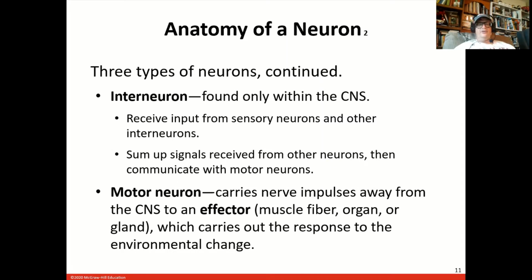Yeah, we've got that. Interneurons are just in the central nervous system. They receive input from sensory neurons, other neurons, sum up signals from others, then communicate with motor neurons. That's not real clear. I'll make it simple. Sometimes you'll get a signal and you won't respond to it. The interneuron might say, oh yeah, I noticed the signal from you, but I might need 2 or 3 or 4 different sensory neurons that feed in before I'm like, okay, that's a big enough problem. I've got to deal with it. And then it sends a signal out to the motor neuron. Anyway,